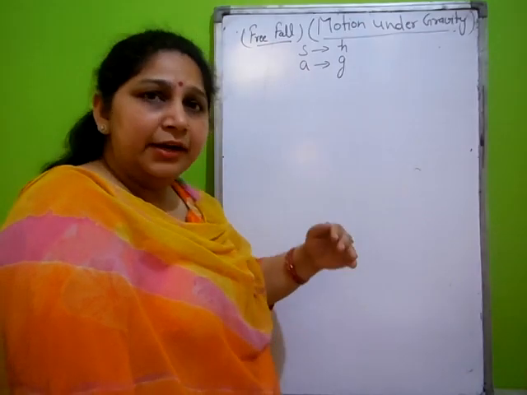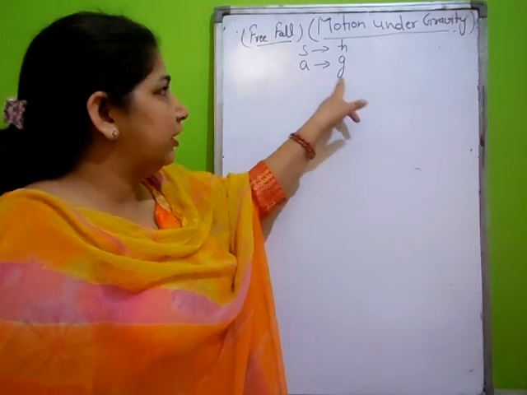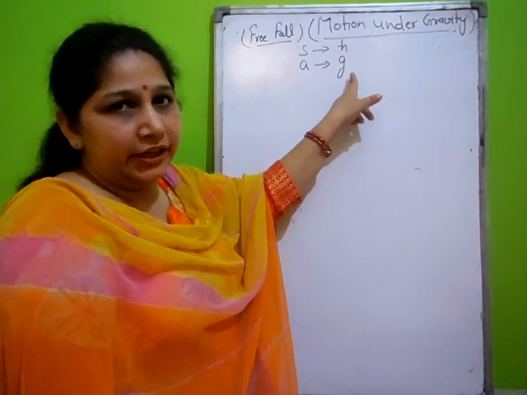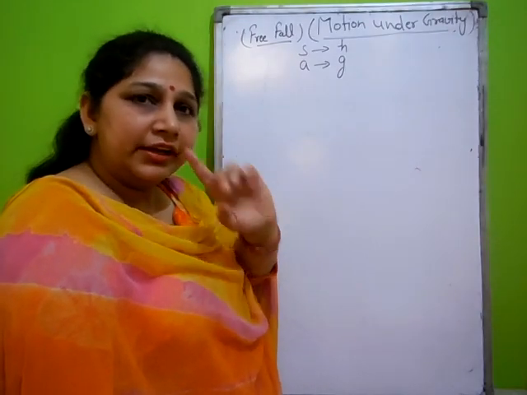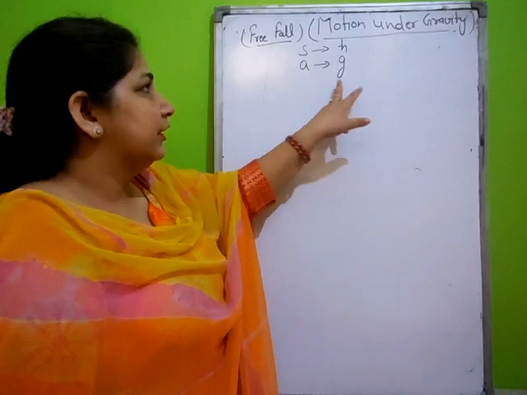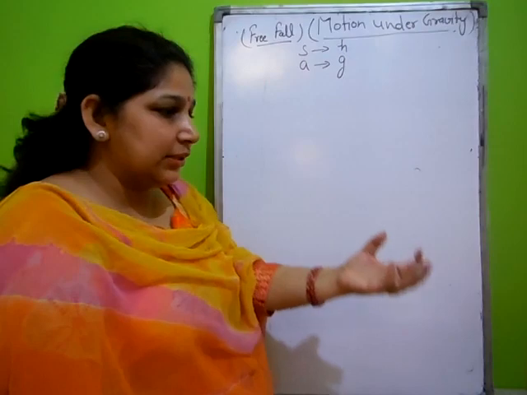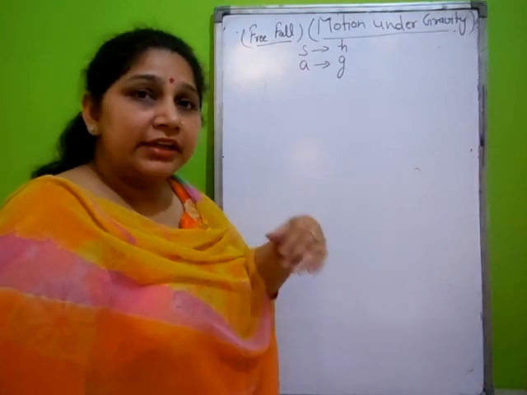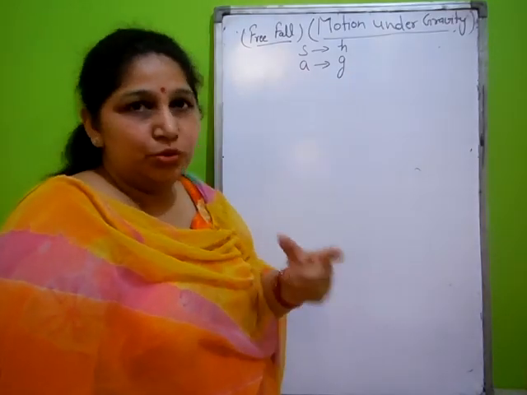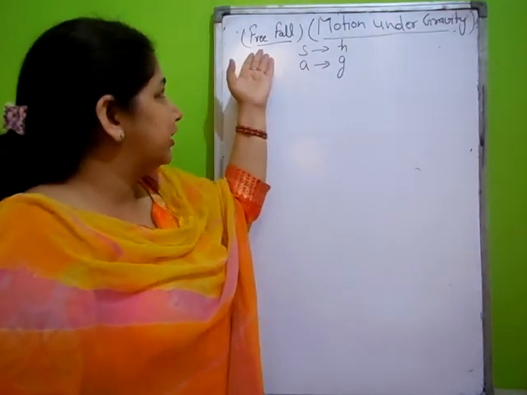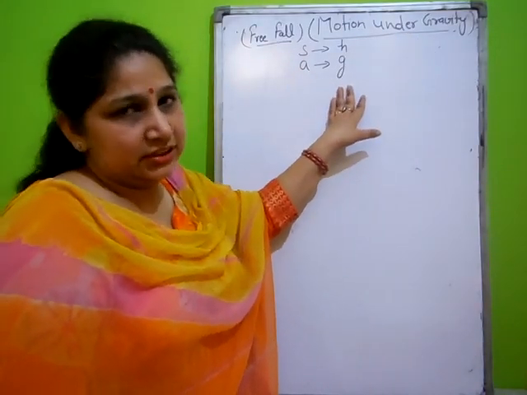If we accelerate with another external force, another additional force, then we will add that to the acceleration. But if there is no other external force, only gravitational force works, then acceleration will be represented by G only. Suppose we have a magnet also, then acceleration will be added due to magnetic force and due to earth. But here we are studying motion under gravity only. That time acceleration behaves as gravitational acceleration G.